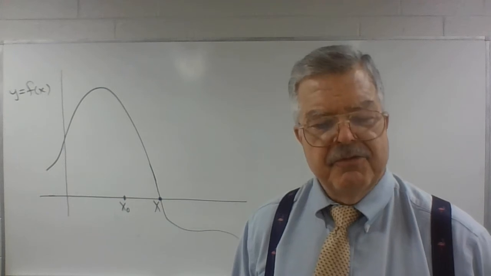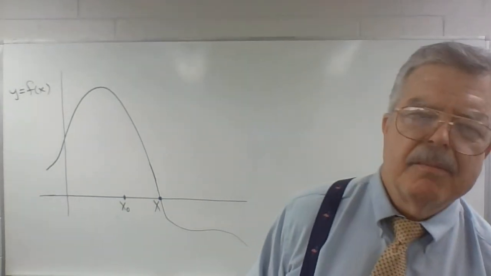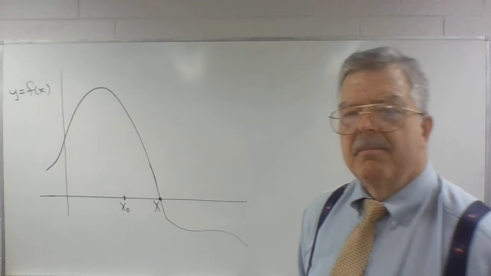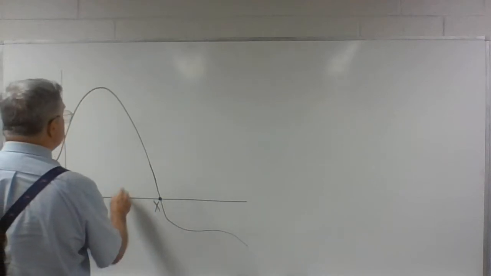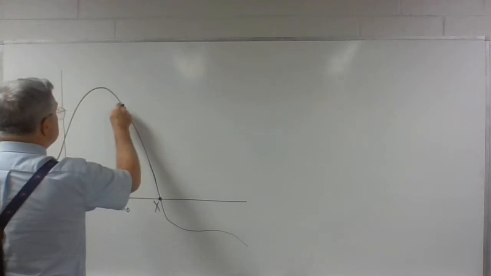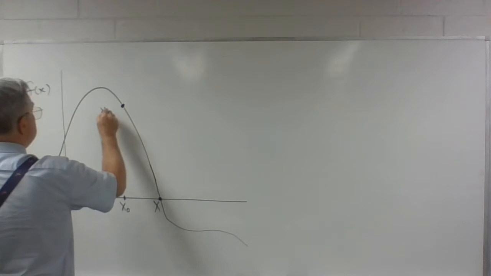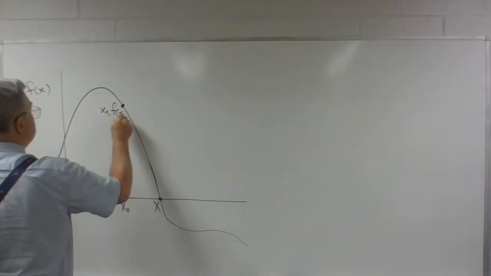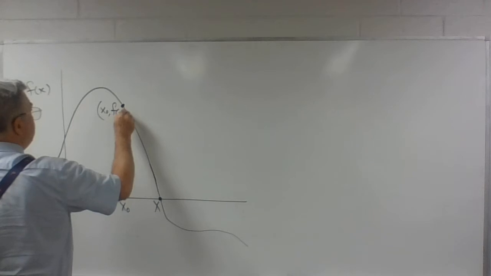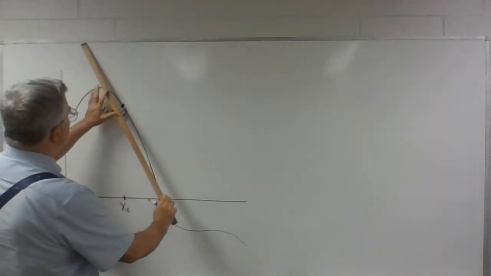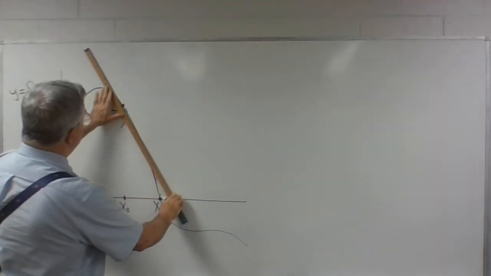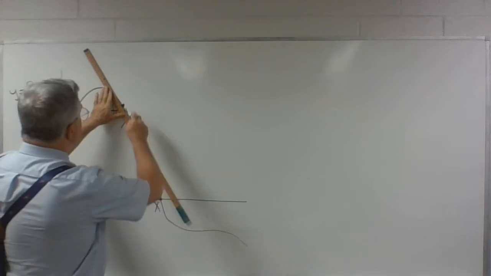And for some strange reason, I don't know why I'm going to do this, but I'm going to plot the point x sub 0, f of x sub 0. So that'll be right about here, x sub 0, f of x sub 0. And I'm going to draw the tangent line